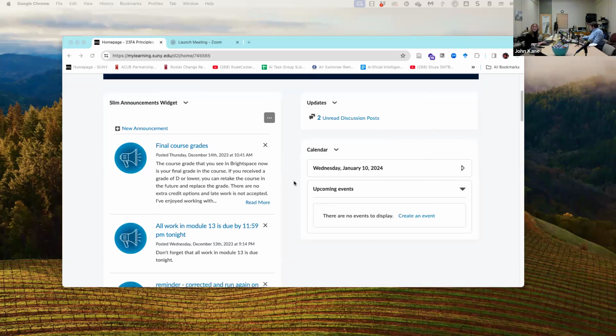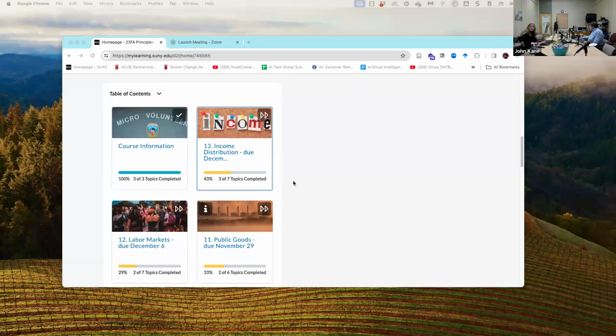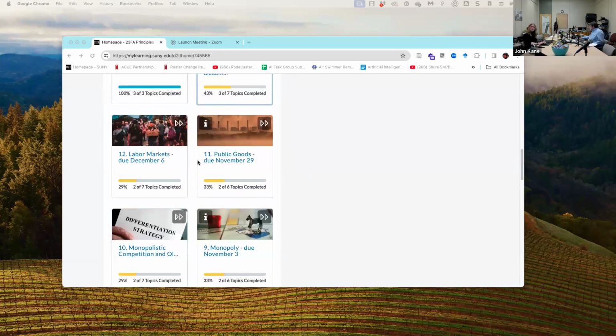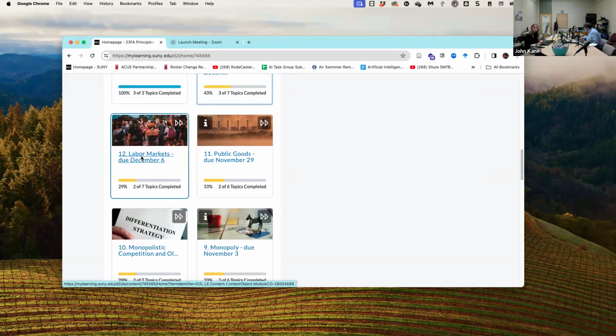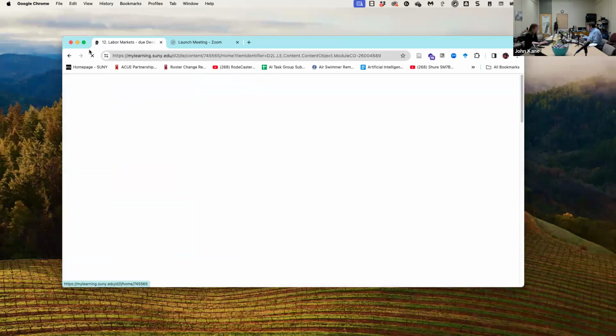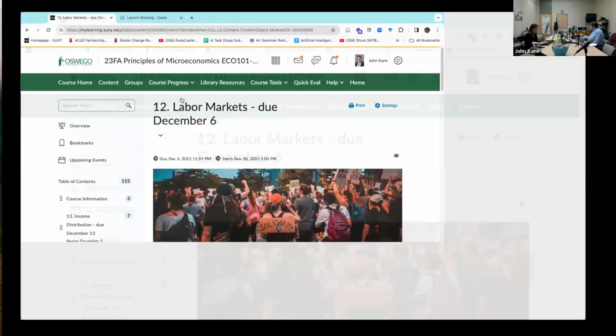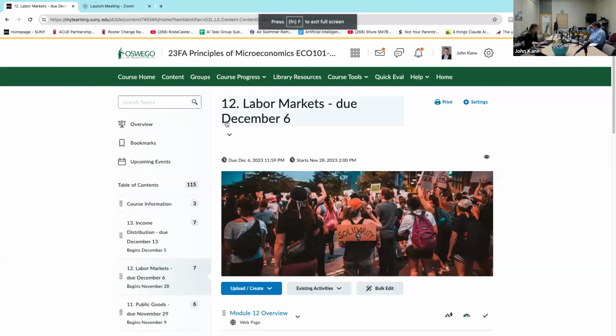And we're just going to look first at the way a typical module is structured. And so here's one where if I go into one, this was from my fall asynchronous class, and it should load pretty much any second, any day. And let me make this a bit bigger. Okay, so the way the module is laid out is I have a little image at the top of it,